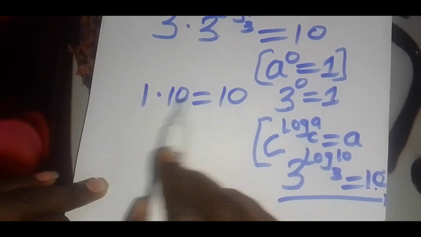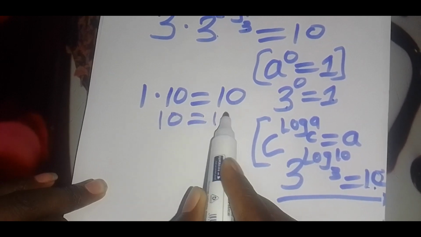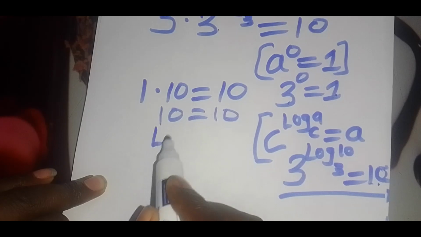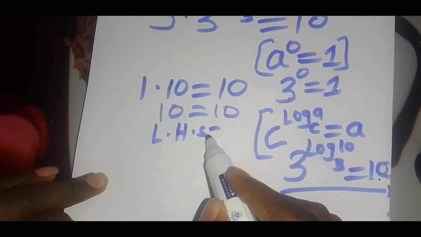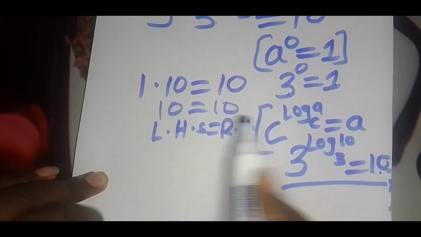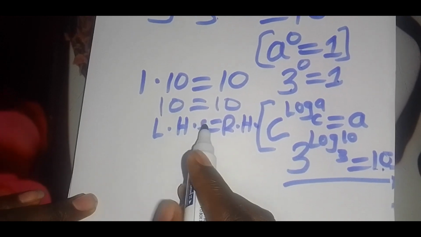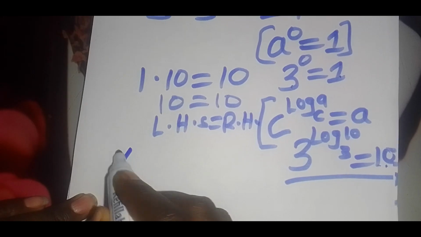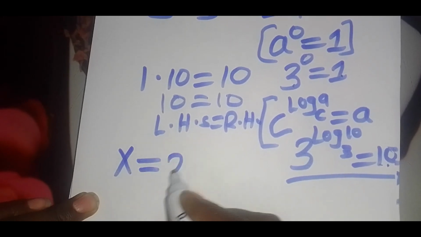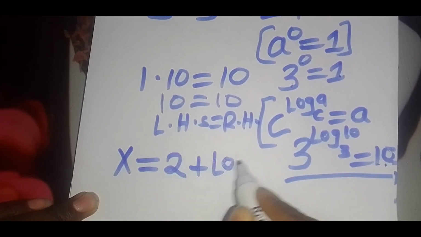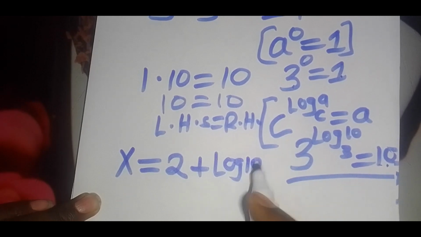Okay, and you can see actually 10 is equal to 10, so that means that the left hand side is equal to the right hand side, and that shows that the value of x, which is equal to 2 plus log 10 to base 3,